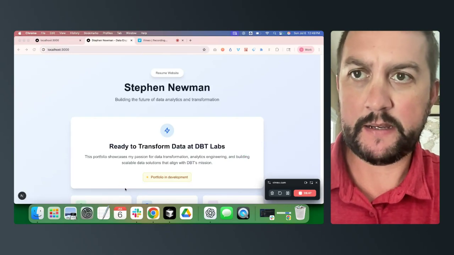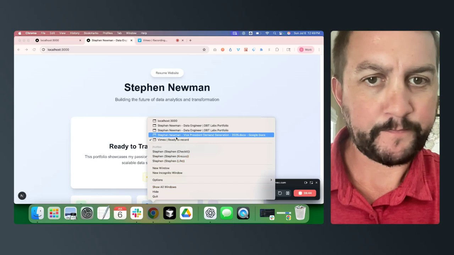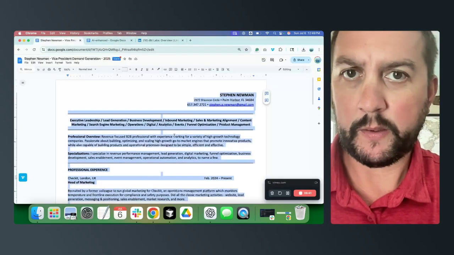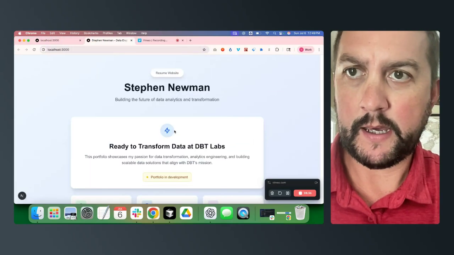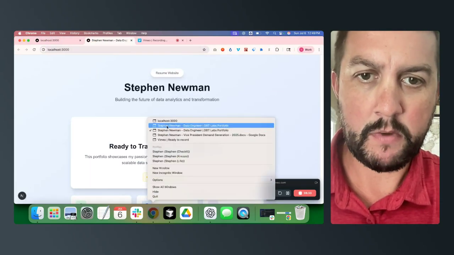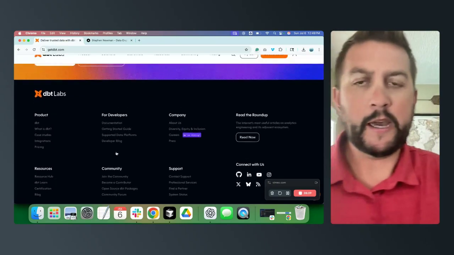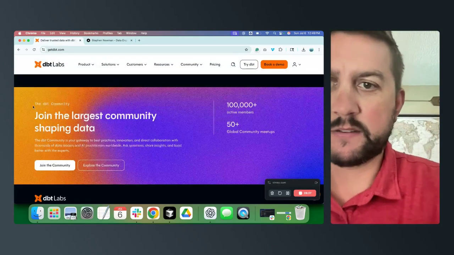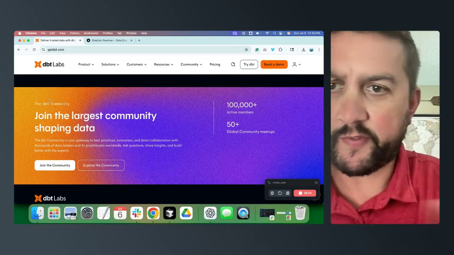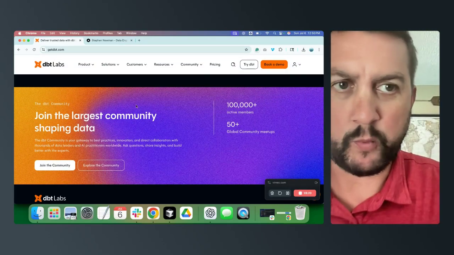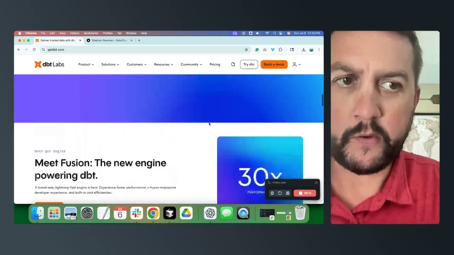Let me go back to the DBT site because I kind of zipped through that faster than I wanted to. Fighting a little bit of a cold too, by the way. All right. I really got to get my tab game improved. Okay. So from a design standpoint, I love this. I love this rough gradient. I think that's really well done. So let's just go back.